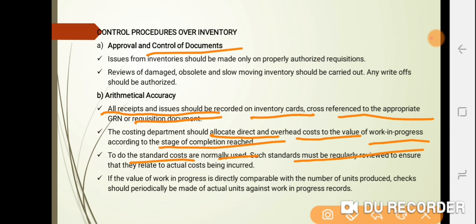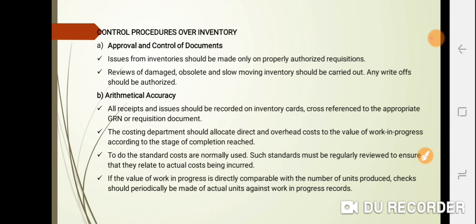Such standards must be regularly reviewed to ensure that they relate to actual costs being incurred. If the value of work in progress is directly comparable with the number of units produced, checks should be periodically made of actual units against work in progress records. So this is with respect to arithmetical accuracy. Then we have